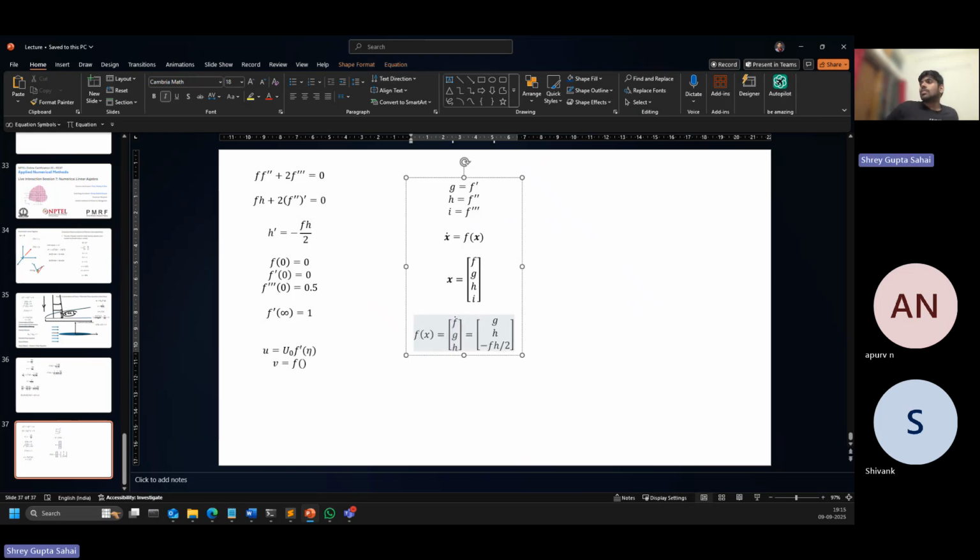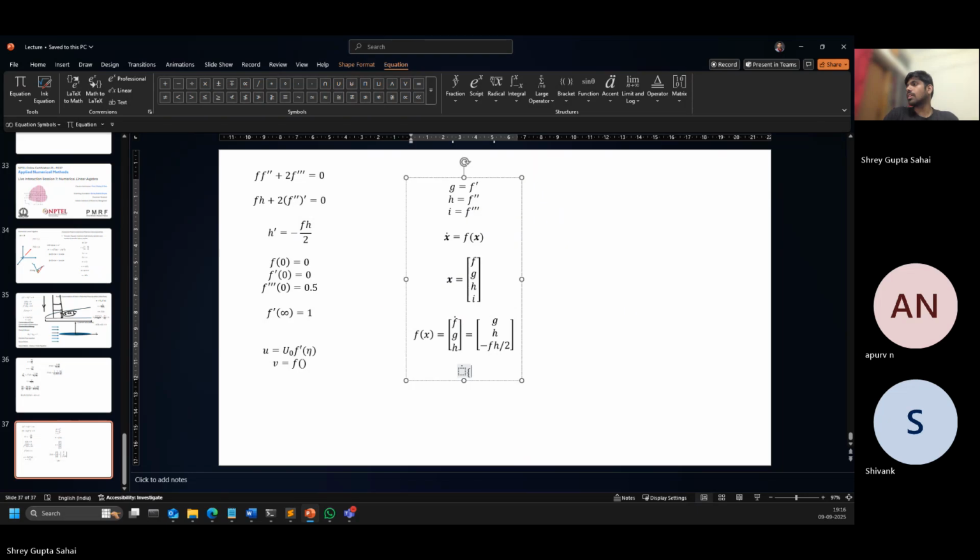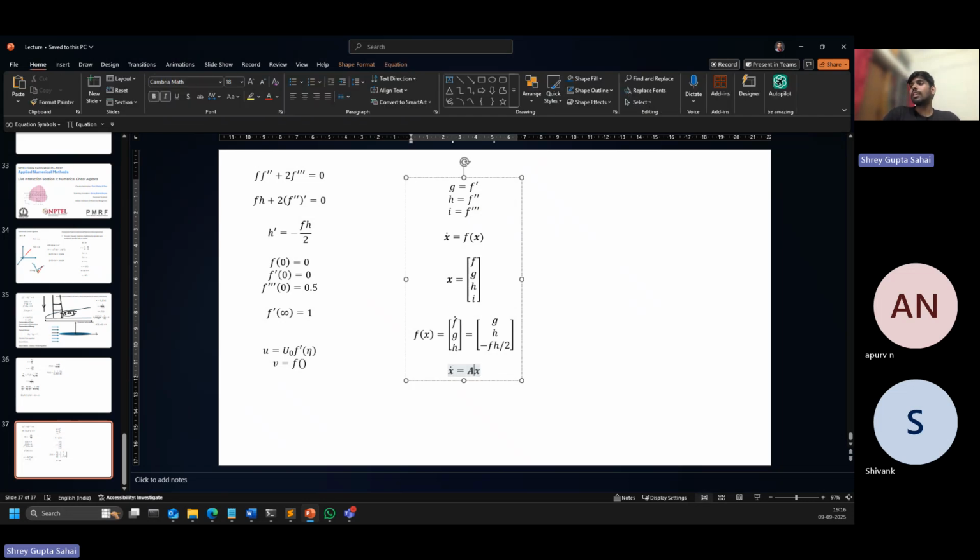This is a non-linear equation also. This is not a third order linear equation. This is a non-linear equation also. Yes, sir, it's non-linear. Otherwise, if it would have been linear, instead of writing f of x, we could have written it as a linear function of x. That is an important thing, where A will be a matrix. And this A actually decides